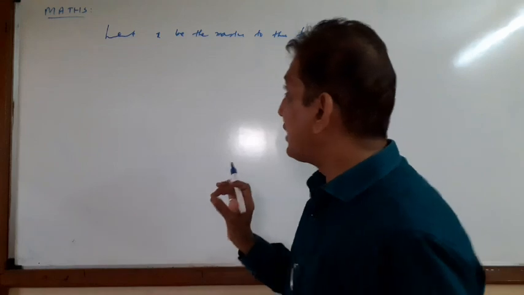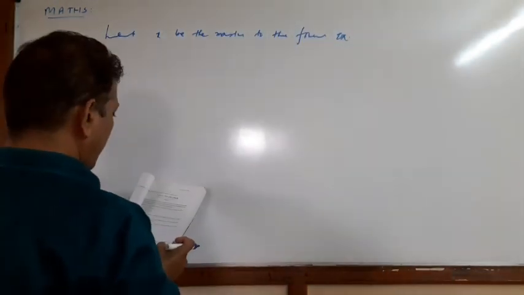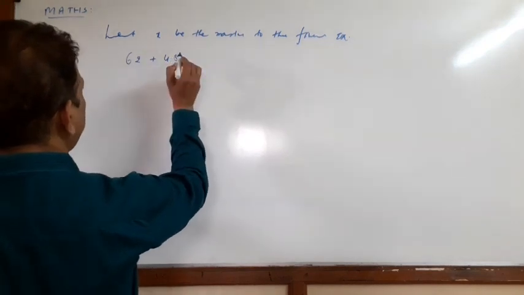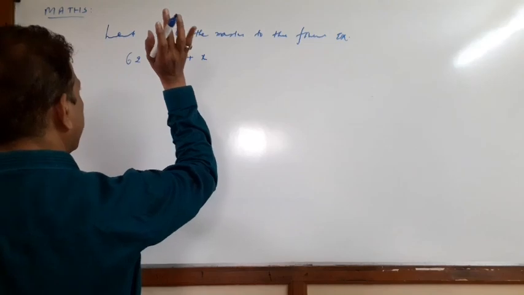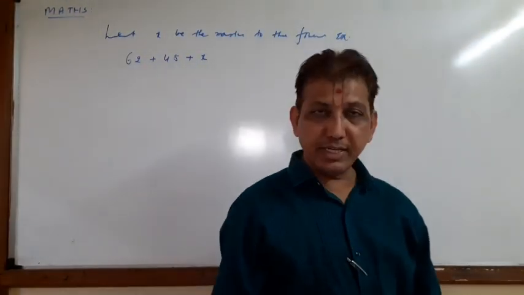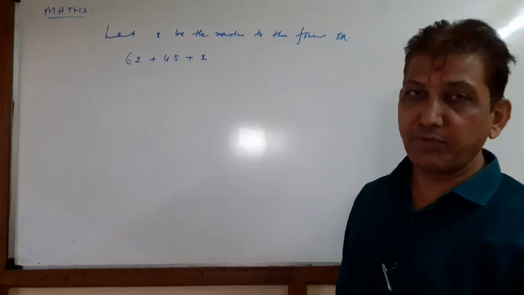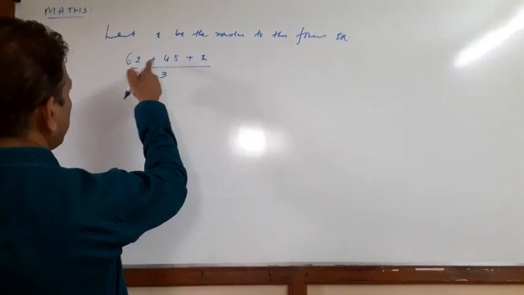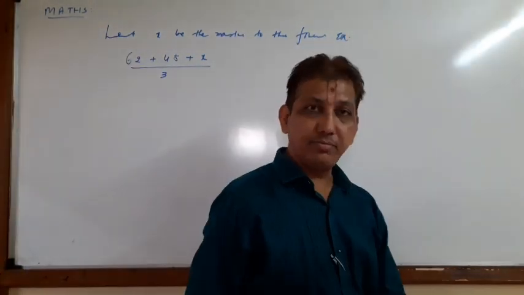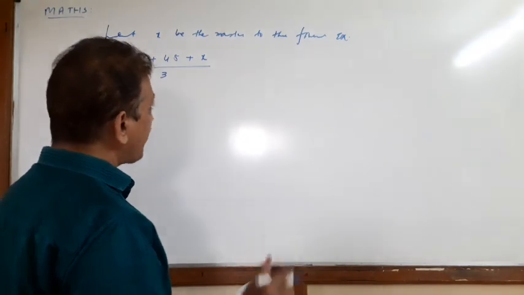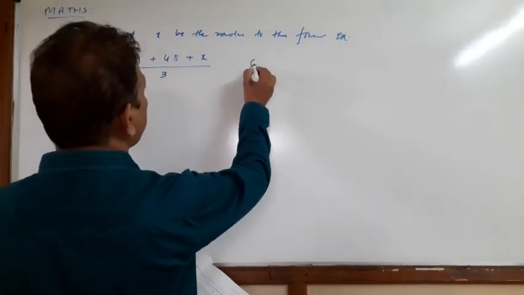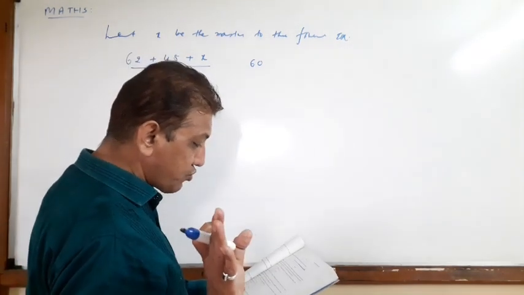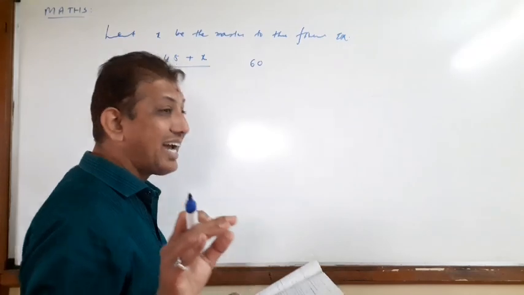Now we have a total of 3 examinations. First marks 62, second examination 48, and third examination marks x, the final examination. The average, that is the mean, is divided by 3, because the student took 3 exams, right? Now the important thing is this: the average mark is 60, but what is the condition? Find the minimum marks he should get in the annual exam to have an average of at least 60.